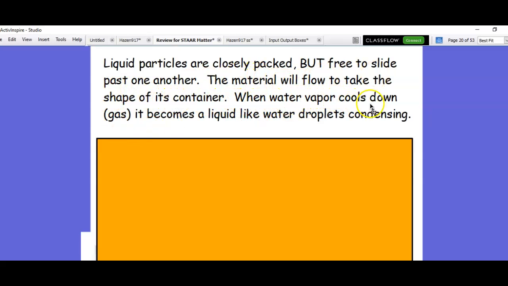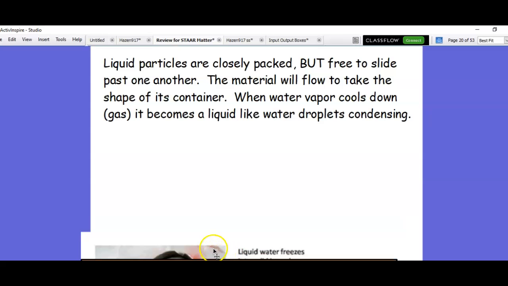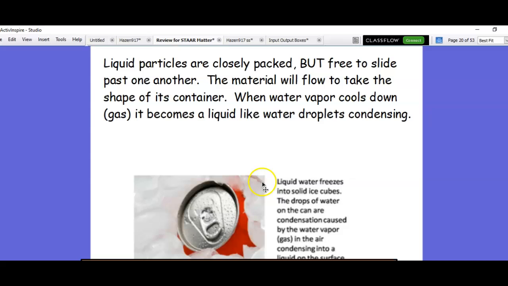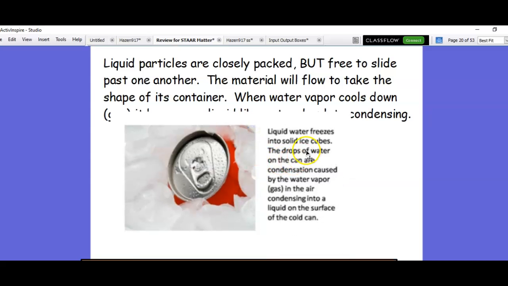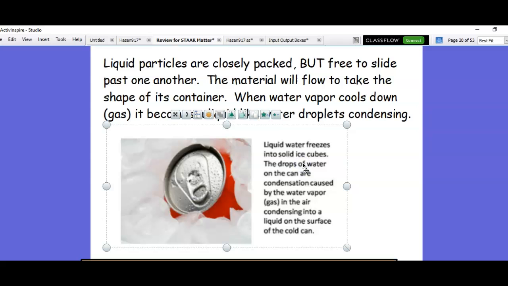When water vapor, a gas, cools down, it becomes a liquid like water droplets, called condensation. If you ever had a water bottle or a cold can, the warm air hits the cold can, and then it'll have condensation on the outside, the liquid from the air. And that's condensation. And you also see that on the ground outside